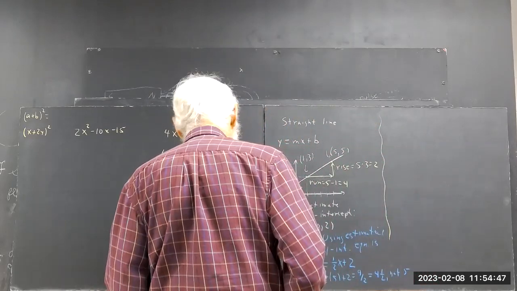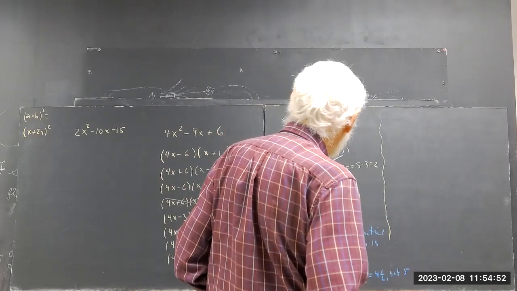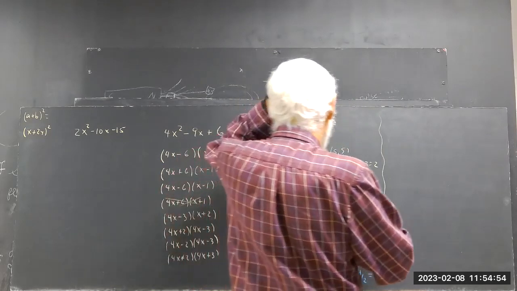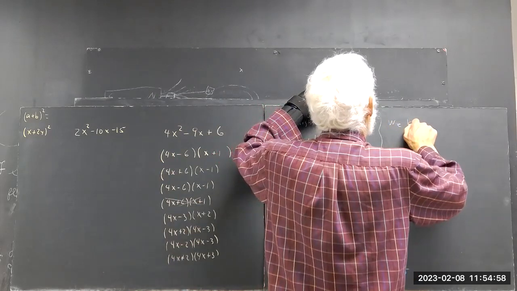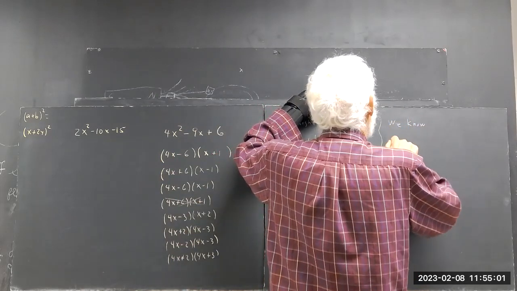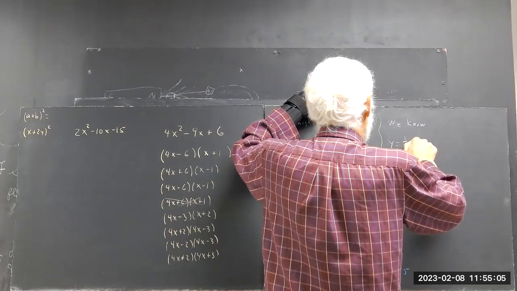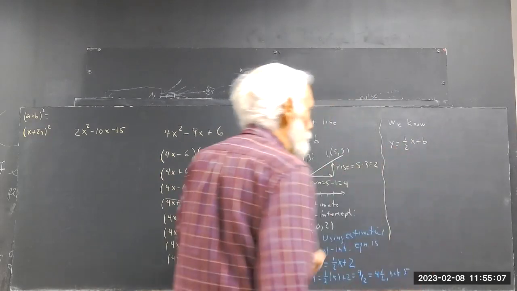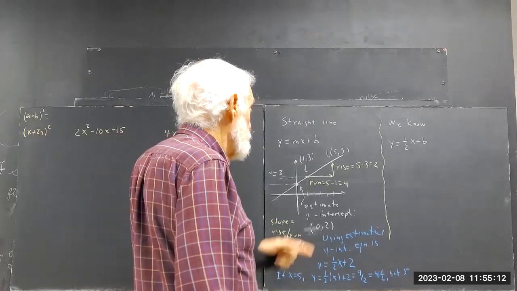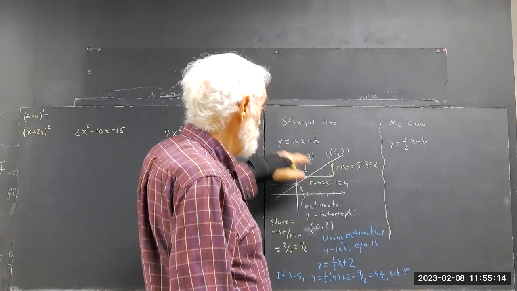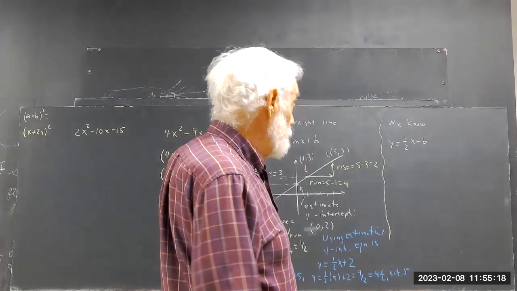What we want to do is say that we know y equals 1/2 x plus b, because m is a slope, and we think we did the slope right. So if y is 1/2 x plus b,